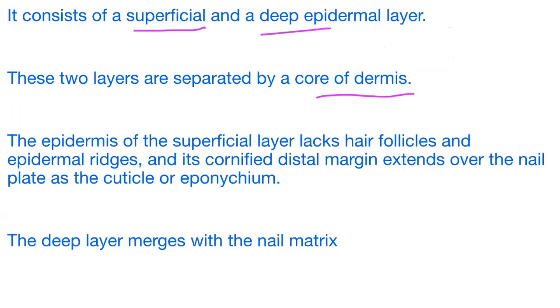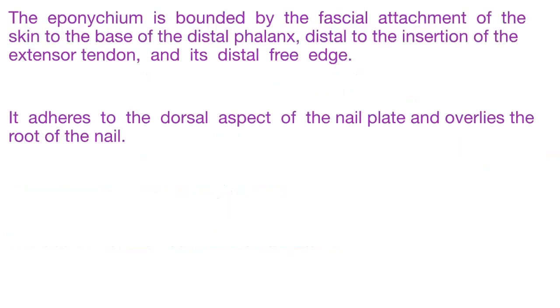Epidermis of the superficial layer lacks hair follicles and epidermal ridges, and its cornified distal margin extends over the nail plate as the cuticle or eponychium. So the distal margin of the proximal nail fold is called the cuticle or eponychium. The deep layer merges with the nail matrix. The eponychium